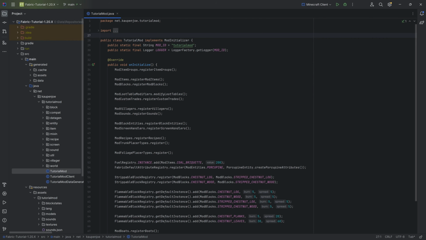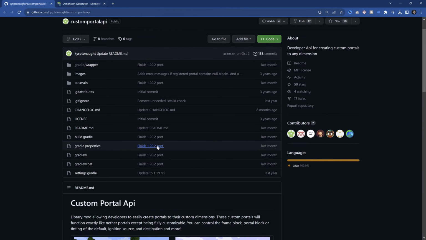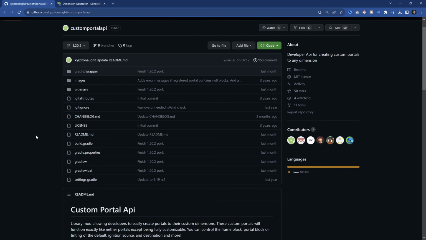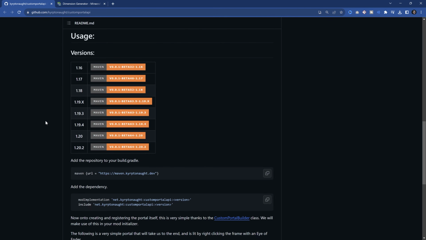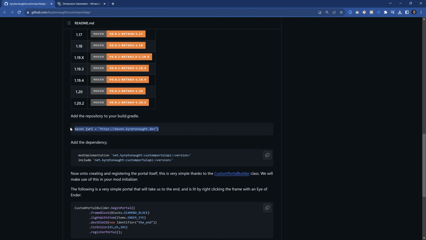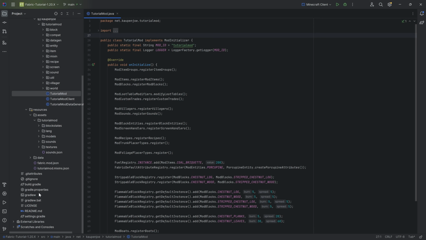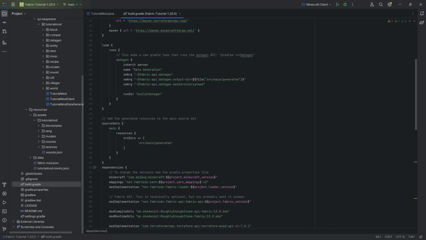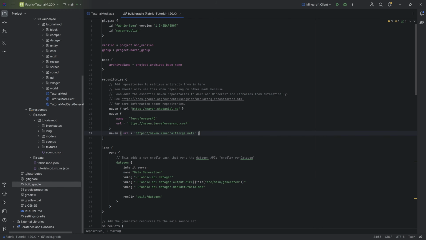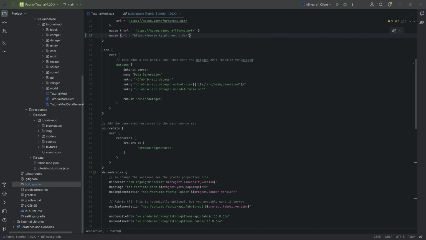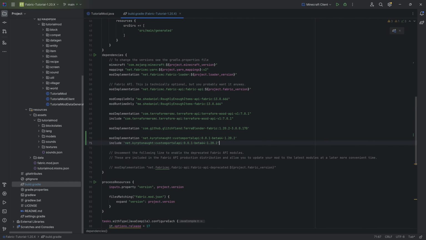Now for the custom portal, we will once again need an API, and that's going to be the custom portal API from Cryptonaut, and this has been very useful and very easy to use. So let's just get this in there, the Maven repository added to the build.gradle file, nothing that we haven't seen before, so that has to be added right here under repositories. There you go. And then when it comes to the dependency, I'm just going to copy it over from my